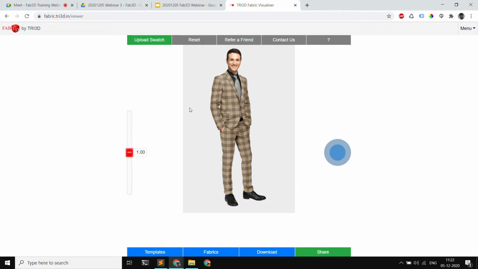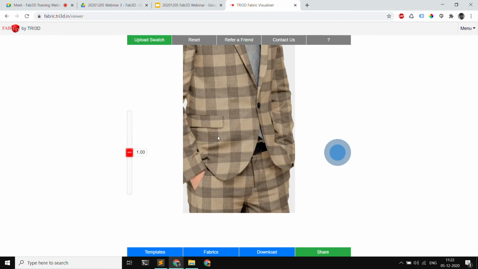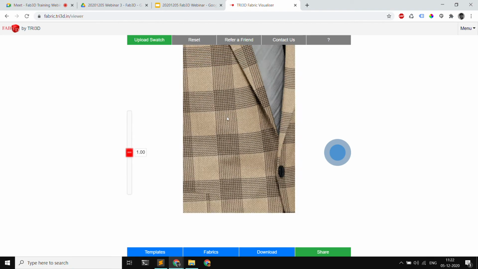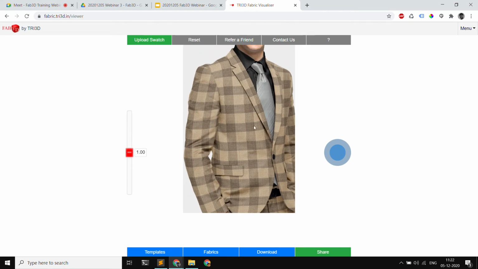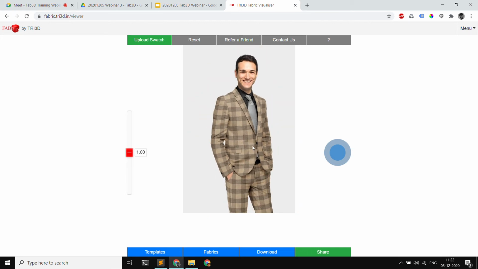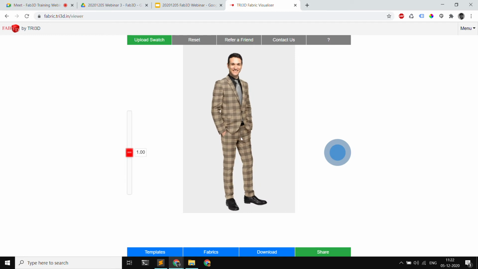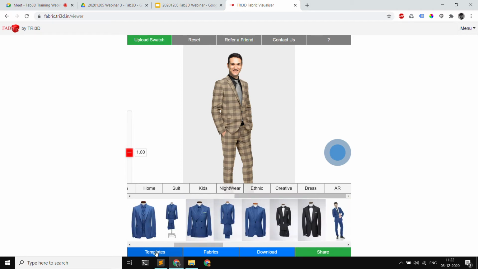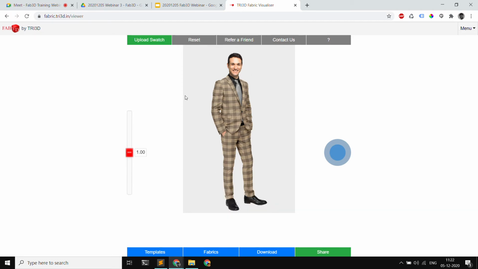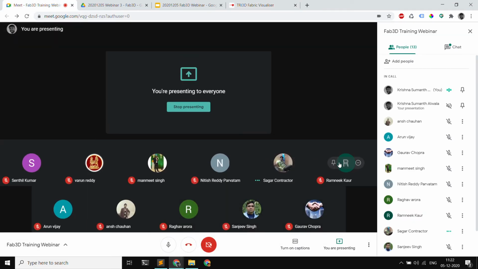So this is an overview of how to do different types of fabrics. The critical step is to identify what is the repeating design and then mark the repeating design correctly. If at all you see any zigzag patterns after cropping on your garment, that means maybe we didn't crop the repeating portion correctly. Now I'm going to pause for a few seconds if you have any questions. Up next, I'll show you a few features around multi-slot templates wherein we can mix and match more than 2 fabrics in a given template. Before I go to that, I'm just going to pause very briefly for a few questions if you have any.